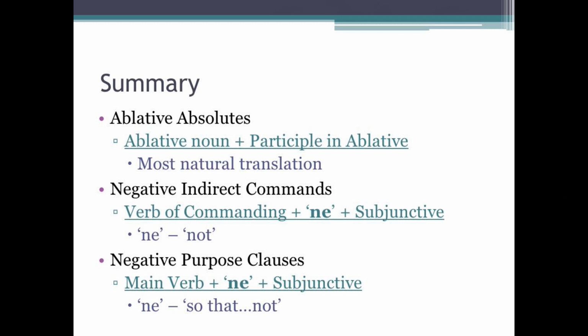Negative indirect commands are formed with a verb of commanding plus ne, which is the negative form of ut, plus the subjunctive, and ne in an indirect command is translated as not. And finally, negative purpose clauses. These are formed with the main verb plus ne plus the subjunctive, but this time ne is translated as so